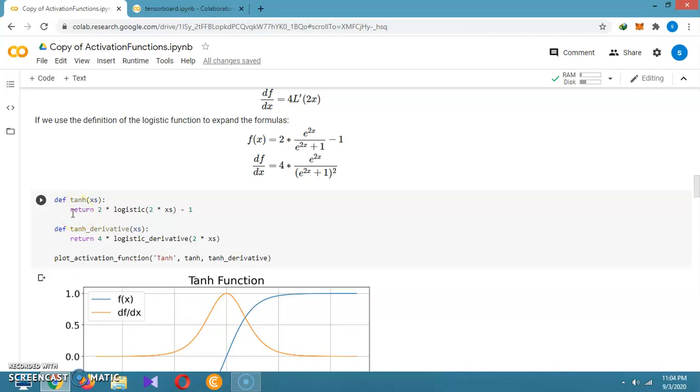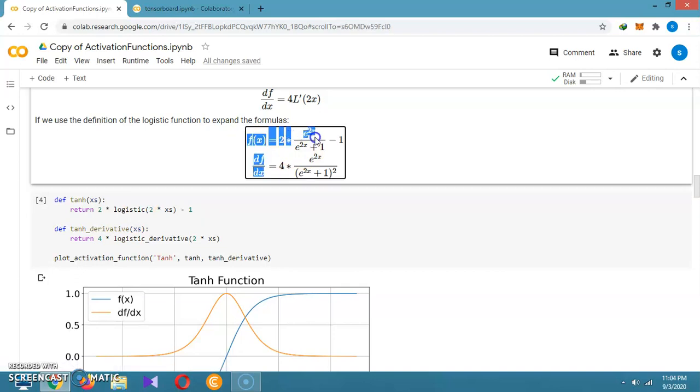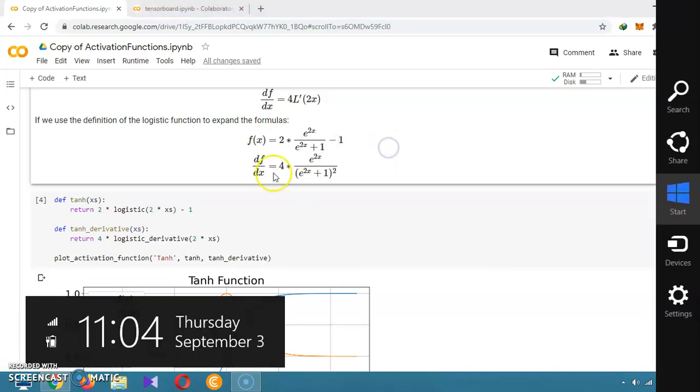Define tanh of x, and we are defining the function with proper indentation as return 2 times the logistic function applied to 2x, minus 1.